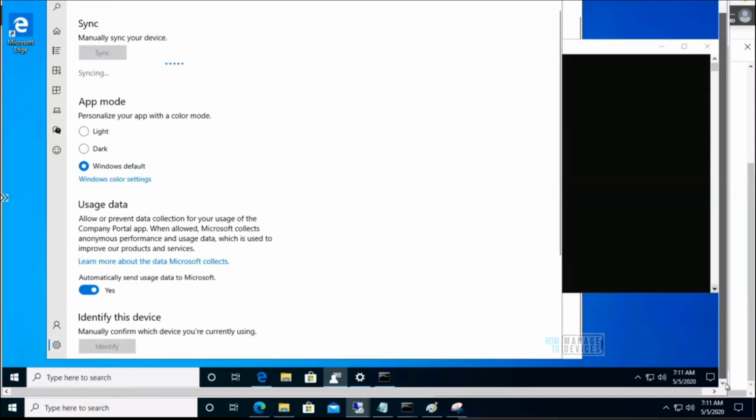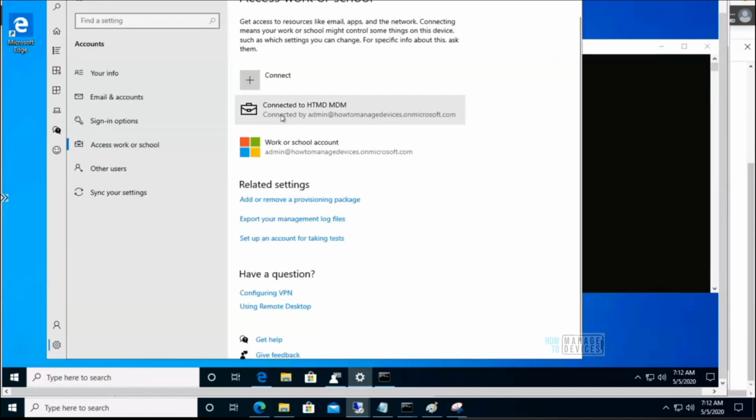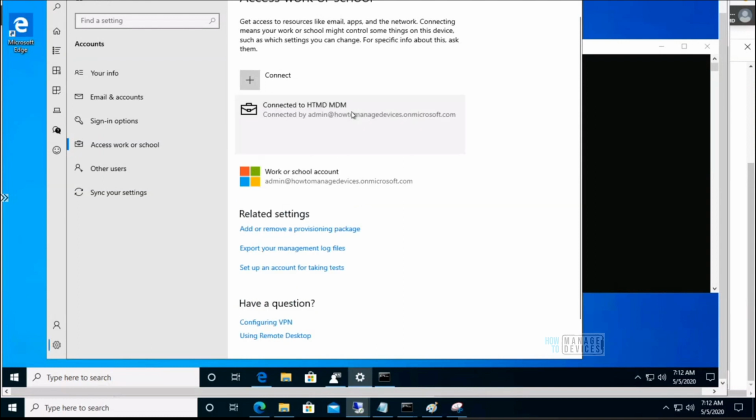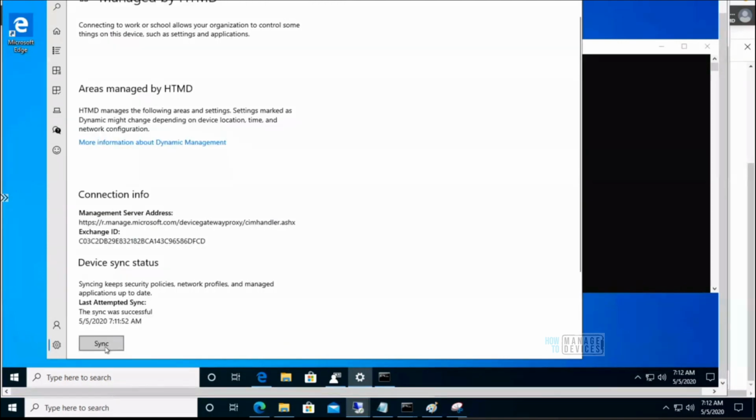There is another option also to sync: go to Settings, and Accounts, and MDM. If it's an Azure AD registered device and MDM enrolled device, you will see both these icons. Click on Info and sync it from here. Both are kind of the same; syncing from company portal as well as from here is almost the same.